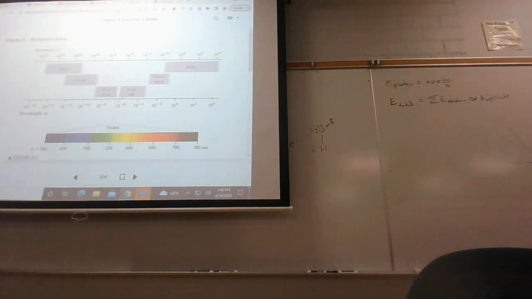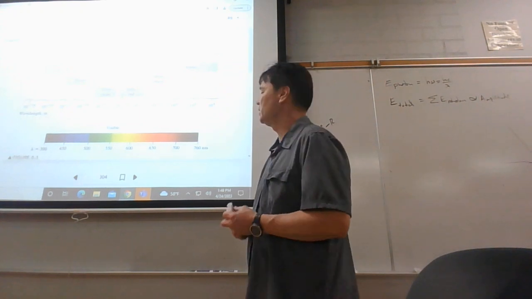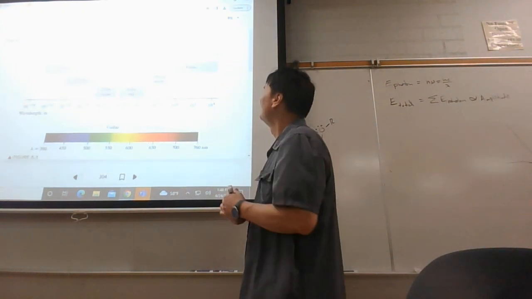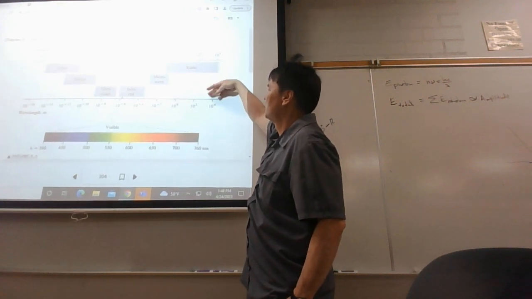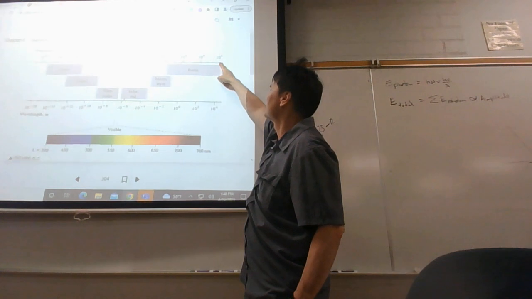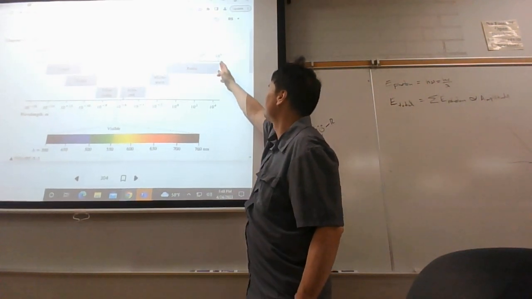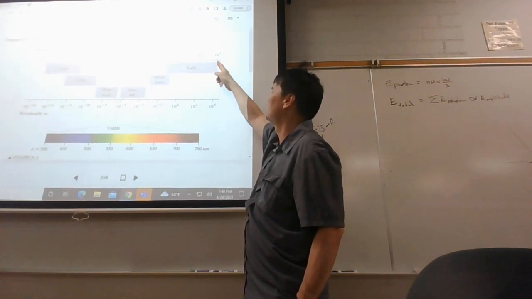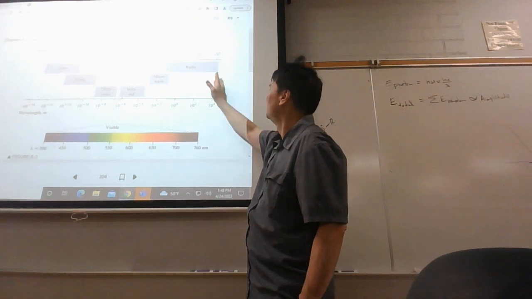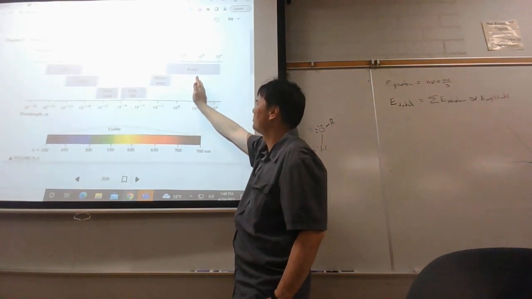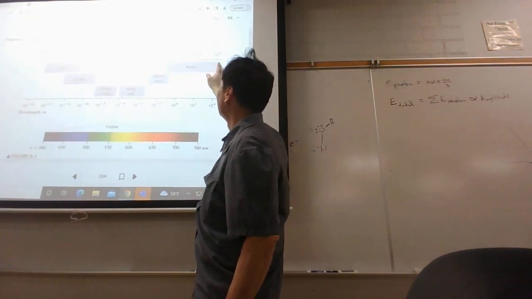Like this. So this is the electromagnetic spectrum, and we can see here we start off with long wavelength, low frequency. Frequency is at the top here. Long wavelength, low frequency is low energy. And then the higher the frequency, the shorter the wavelength, the higher the energy. So radio waves have the lowest energy